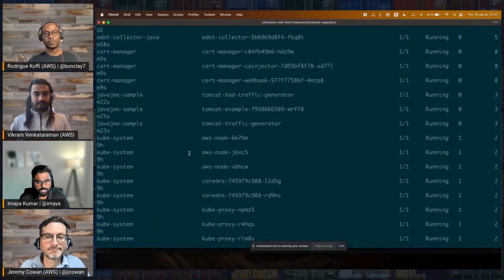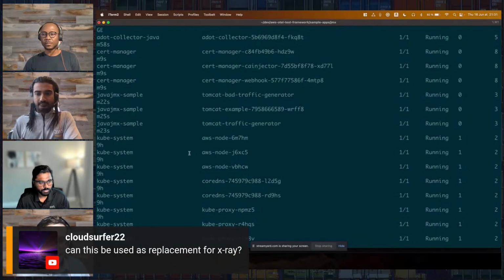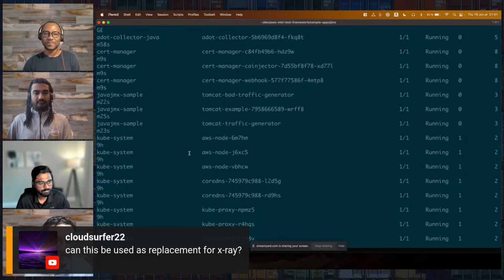So it's pretty simple, but it's all about instrumentation and also maybe injecting instrumentation into the application. So if there is a way, if we find that to be something that's doable, we certainly can take that up as well. Yeah. So we got this question from Cloud Surfer 22 about whether this is a replacement for